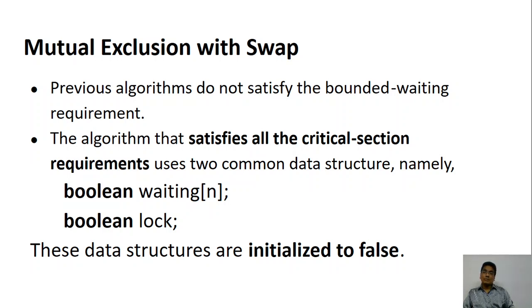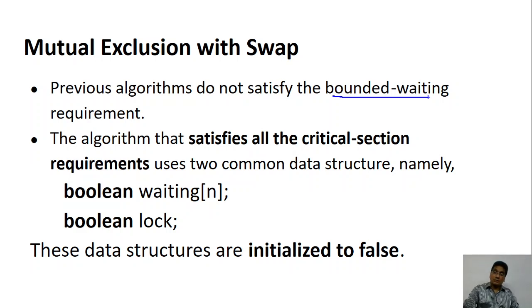When you go to a movie theater, and if 4 people are in front of you, you expect that the 5th one you are going to get the ticket. But if you are not very sure whether you get the ticket today or not, what is the point in staying there? So there must be a bounded wait. I have already told you about the bounded wait. There must be a limit. How long am I going to wait? In the previous case, even though n people are waiting there, there is no way of knowing when your chance will come. So that is called unbounded.